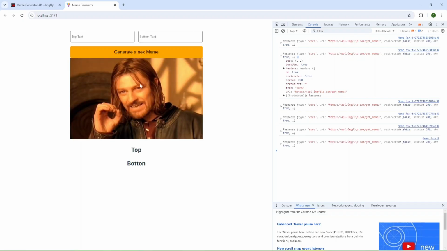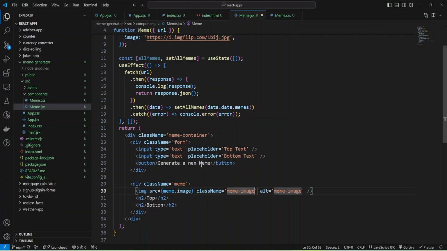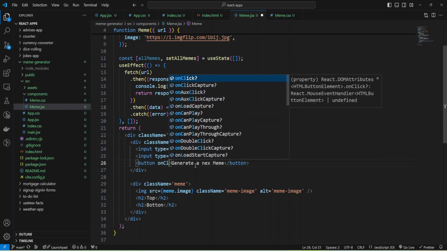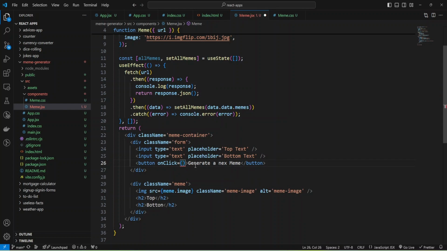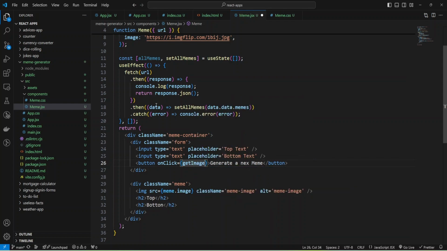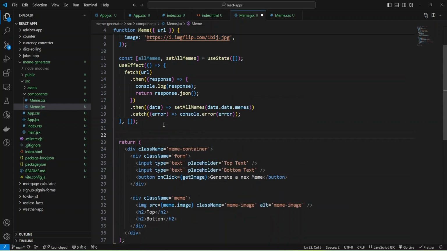Okay, we have our image, and now we can add event handler to our button, and I'm going to add on click, and provide function get image, and it will be arrow function, and I'm going to implement get image function.